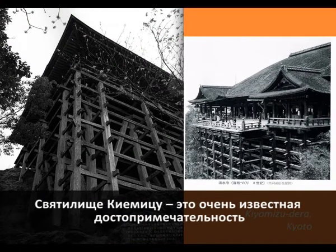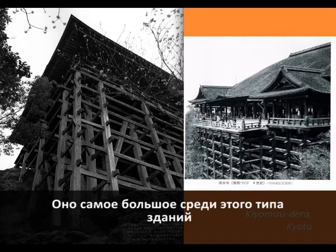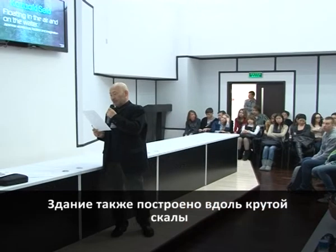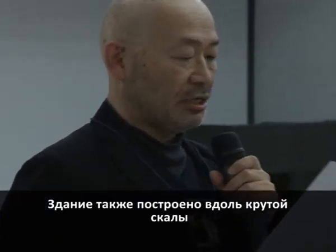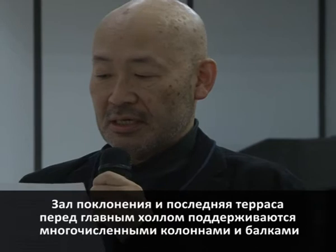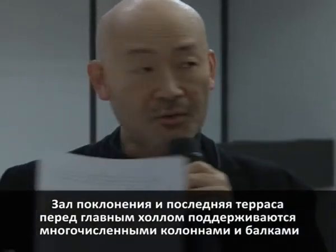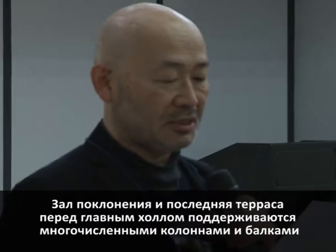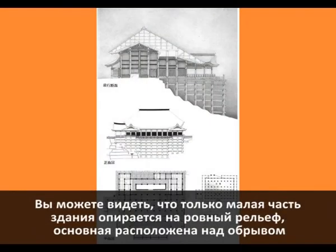So next, Kiyomizudera is a very famous sightseeing spot in Kyoto. It's one of the kakezukuri type buildings, and it is the largest among this building type. This building was also built along the high cliff, and the adjacent hall for worship and the vast terrace on the stage in front of the main hall are supported by numerous columns and frames. So you can see the section, almost 1/3 part of the building,